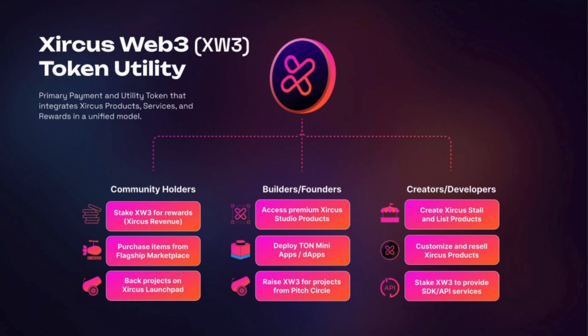So for builders and founders, XW3 is the pivotal token that unlocks premium tools, facilitates the app deployment, and secures the funding. It's like an end-to-end solution, as we are always saying with Circus. But in this case, it's an end-to-end solution to get started from scratch, from nothing to something, to hopefully the world that you could reach. And the utility token empowers their innovation within our infrastructure, ensuring that they can bring the Web3 vision alive. Basically what we are doing as well.